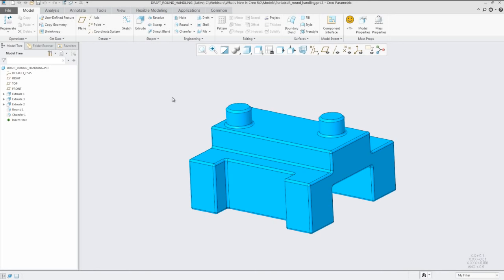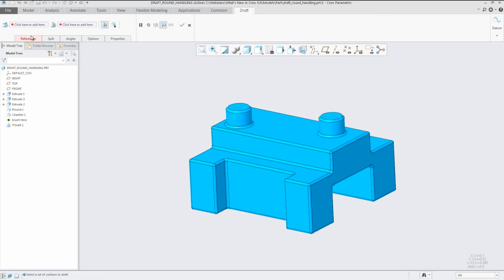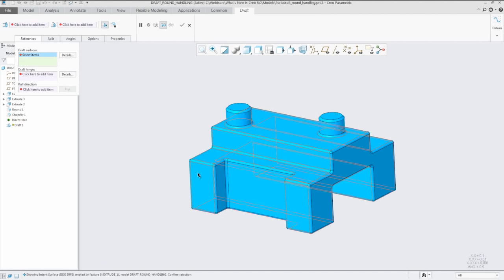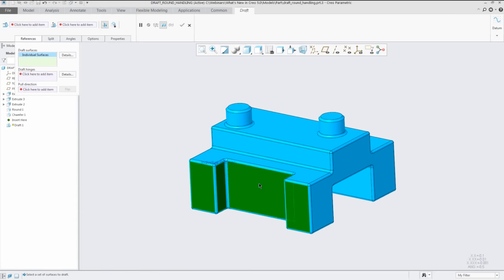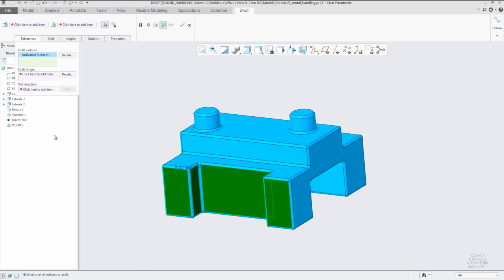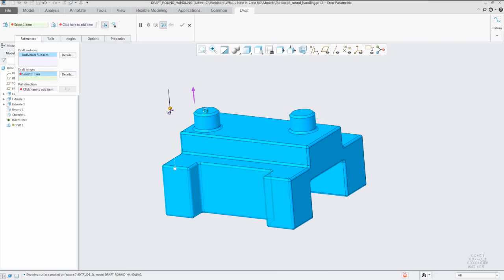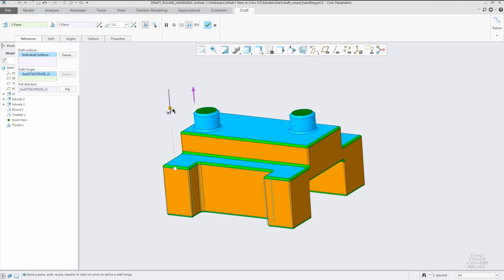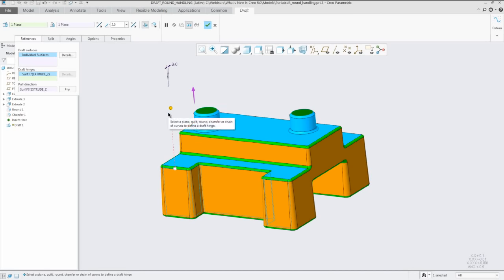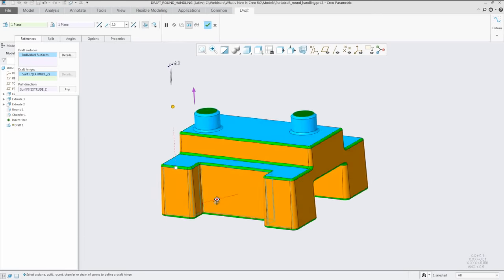So if we were to apply a draft onto this model, we'll look at then the draft surfaces that we're going to look to get. Let's grab these. Let's just go for these ones for the moment. Now look at the hinge. We'll go for the top hinge here with the pull direction obviously being set. Let's go for a positive value. Okay, so we can see then the draft is being applied to these surfaces, and it's handling the rounds